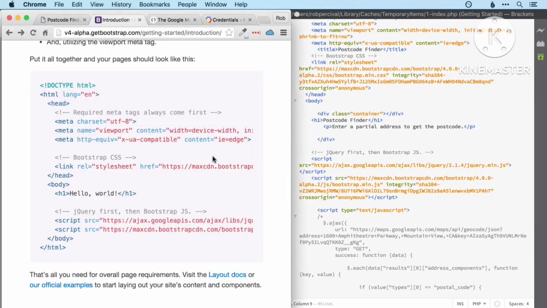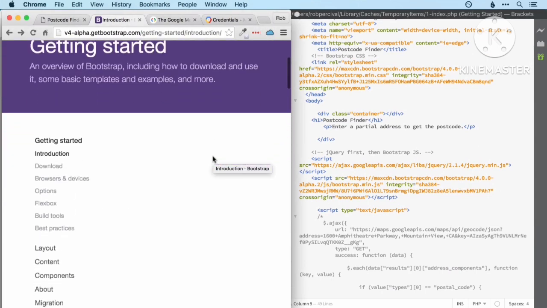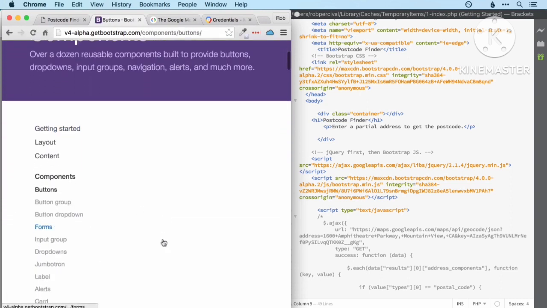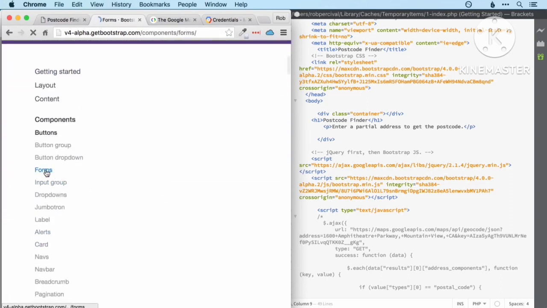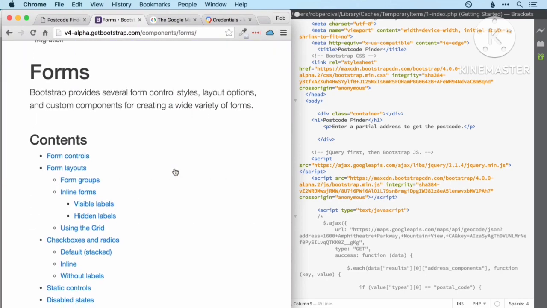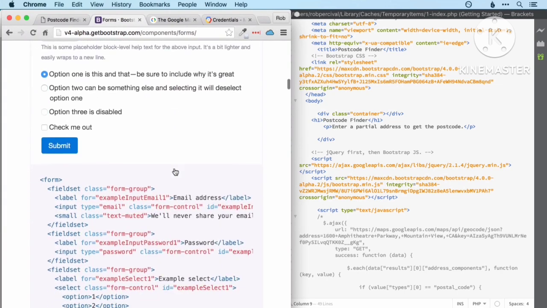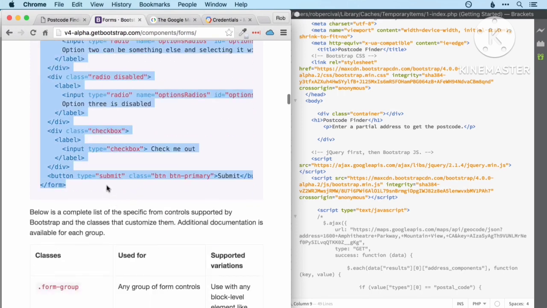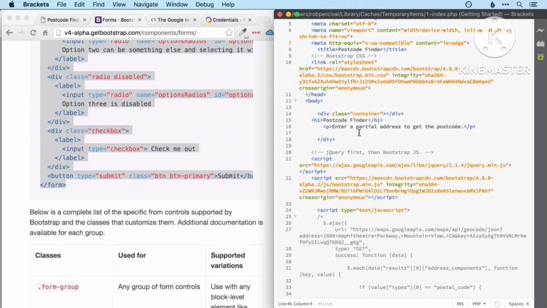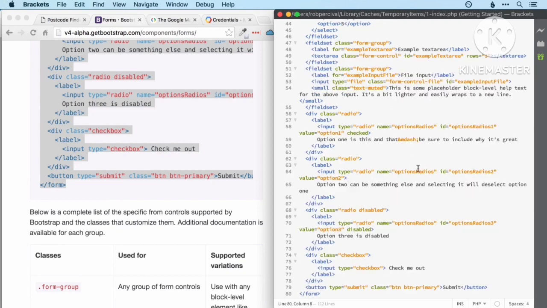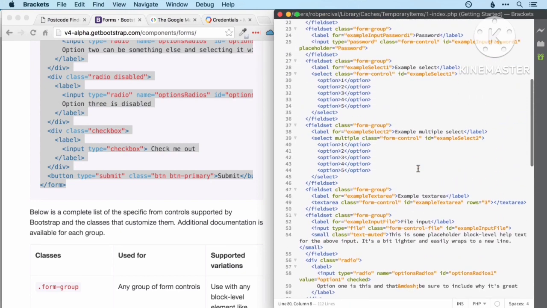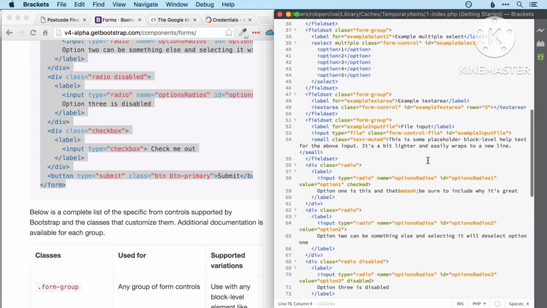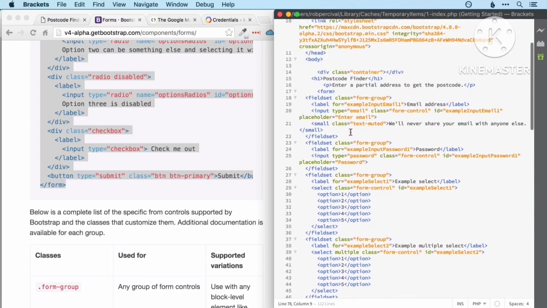And I'm going to do that in the usual way, going back over to Bootstrap and then finding the form component. So clicking components and then forms. And I'm just going to start off with that big template there. We definitely don't need most of that. So let's take a look. We can get rid of everything above the button, all the way up to that top